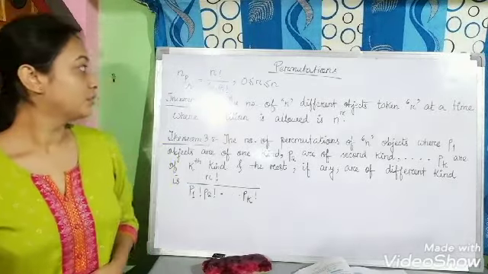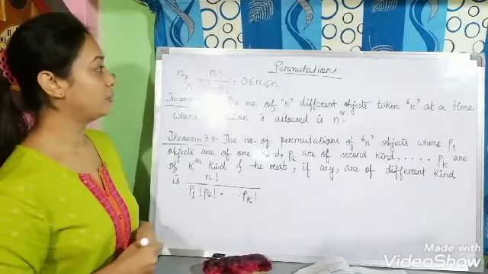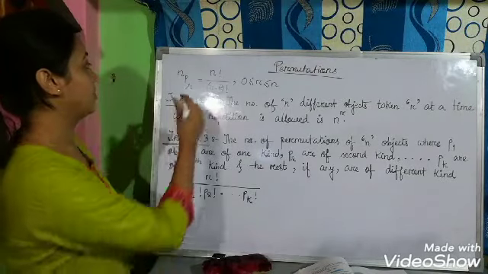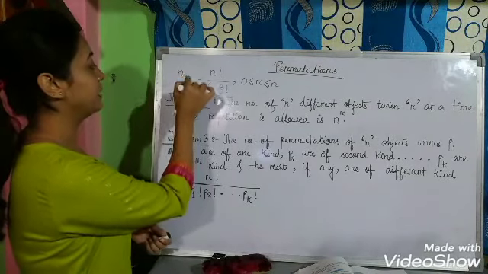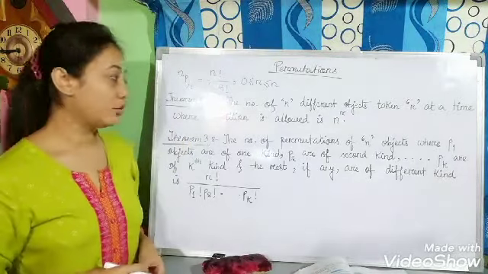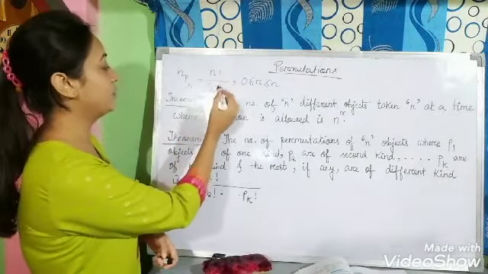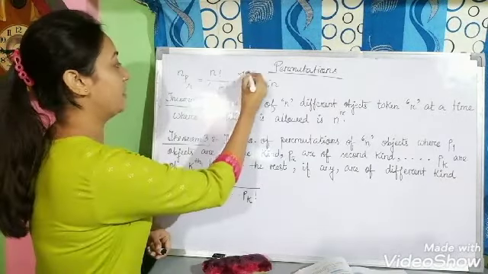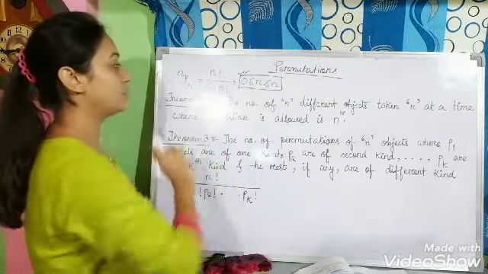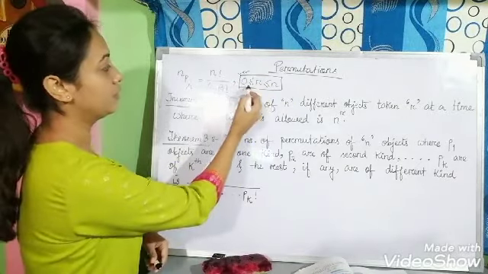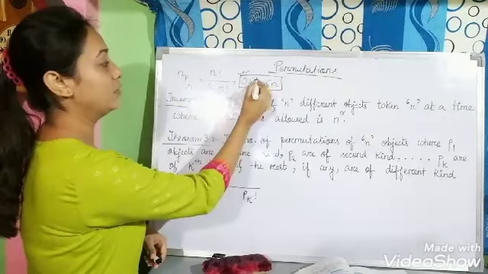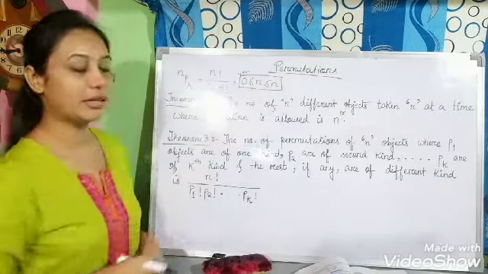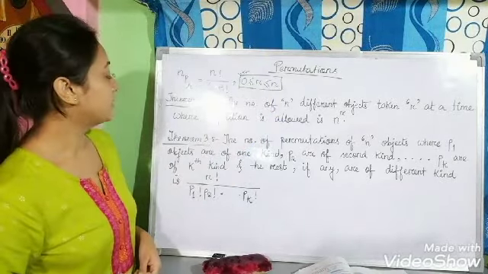Okay, so here at first I have written the formula for permutation. So what is that? Permutation of n objects taken r at a time is denoted by NPR. I have taught this in my last class, that it equals n factorial by n minus r factorial, where this condition has to be satisfied: 0 less than or equal to r less than or equal to n. That means the value of r should lie between 0 and n, and it can be equal to 0 also, and it can be equal to n.